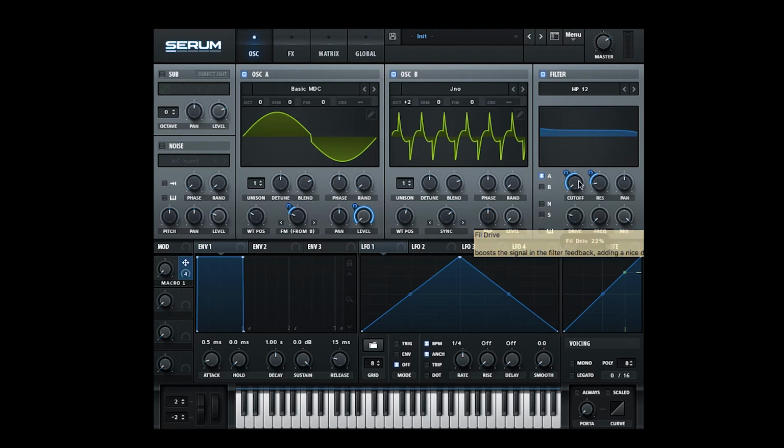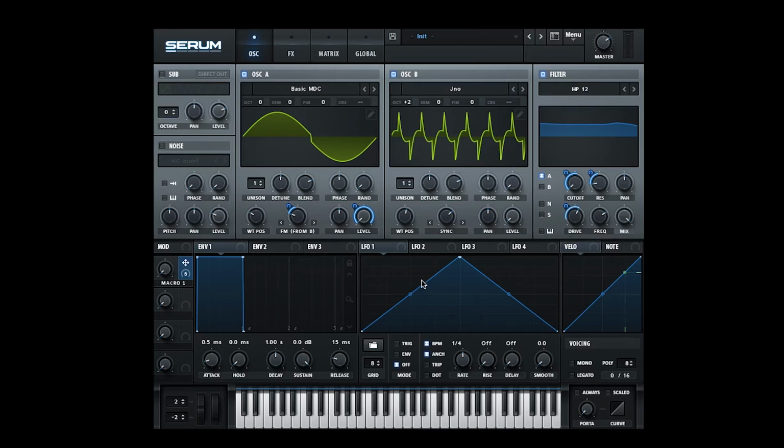And then we're going to do another automation with the drive. We're going to bring it up and then modulate it down. And what we're doing here is at the beginning, there will be a lot of drive, so it will be distorted. And then as it goes up, there will be less drive. So that way, there's a little more attack to the beginning of the sound, and it's a little more snappy, a little more poppy. And then we're going to take a peak,